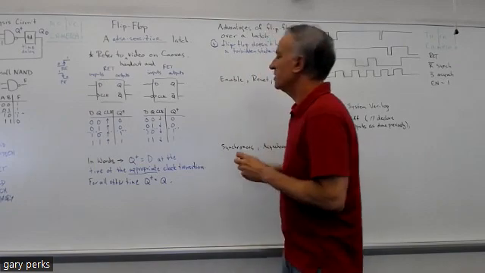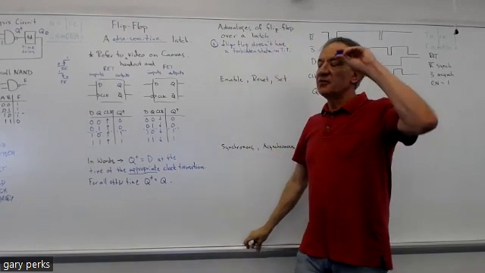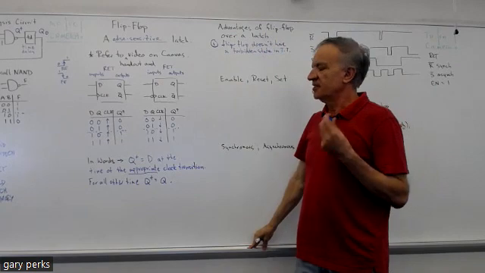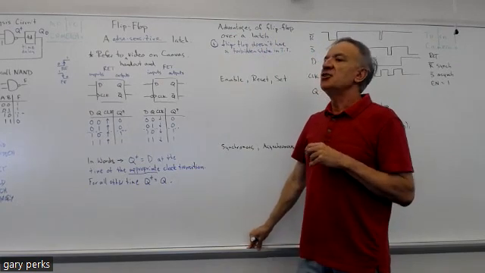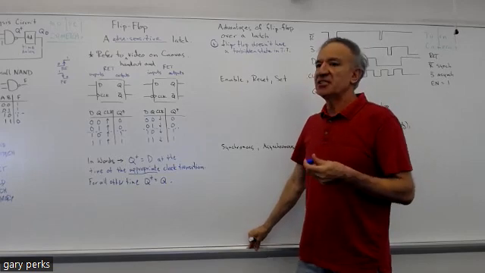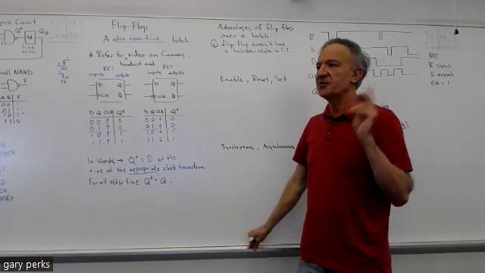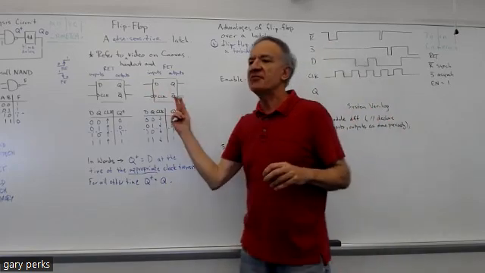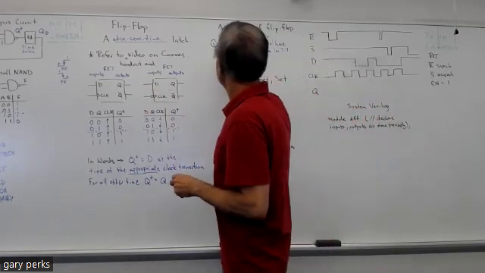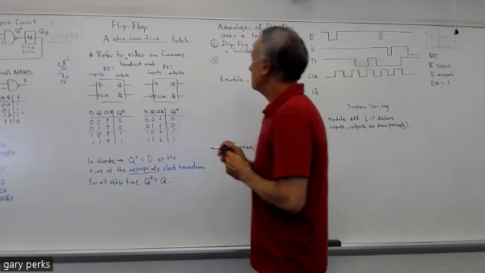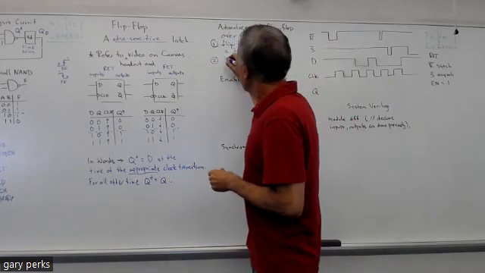I'll put TT for truth table. Now, as I'm going to show in a timing diagram in just a little while, you can still have an ambiguous condition with a flip-flop. Okay, we'll get to that, but it doesn't have it in its truth table. The other advantage that flip-flops have over latches is that they're less